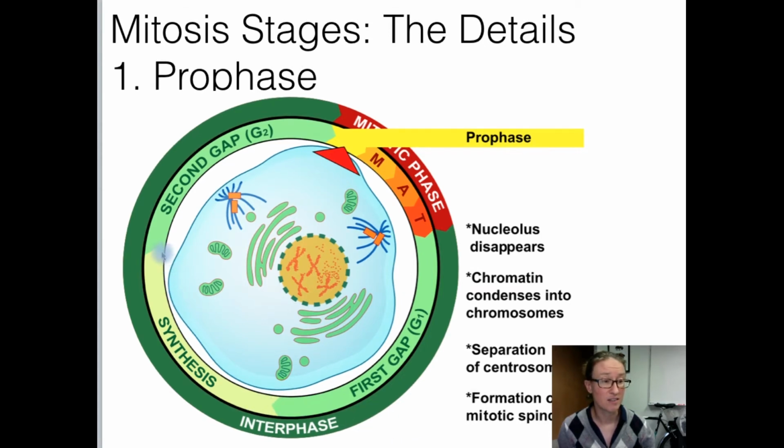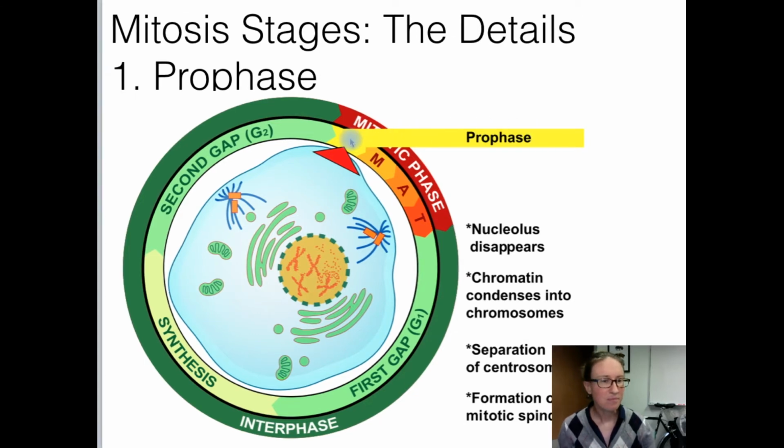We've got synthesis, so that's when DNA gets replicated. So we go from 1 sister chromatid to then having the possibility of 2, because DNA is replicated during synthesis. Then gap 2 is preparation for mitosis, and now we're here at the first part of the M phase at